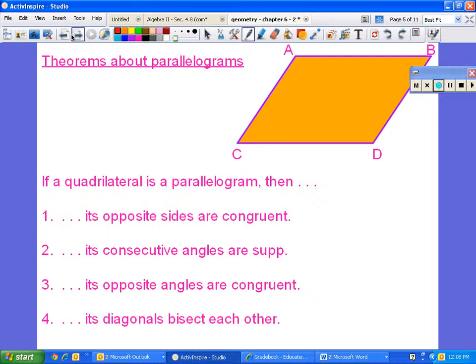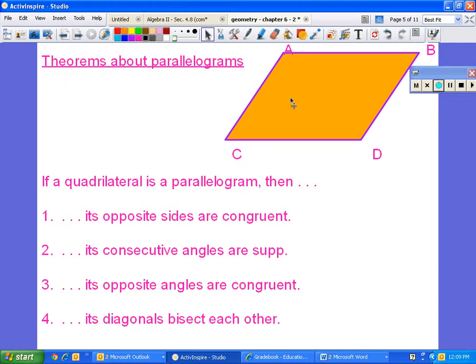Okay, what does that mean in English? Andy, what does it mean that the diagonals bisect each other? It bisects. What does bisect mean? If I bisect something, what have I done? Cut it in half. So in other words, if I have a parallelogram,